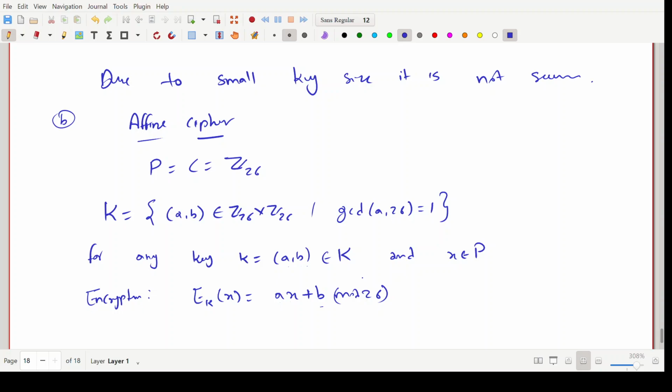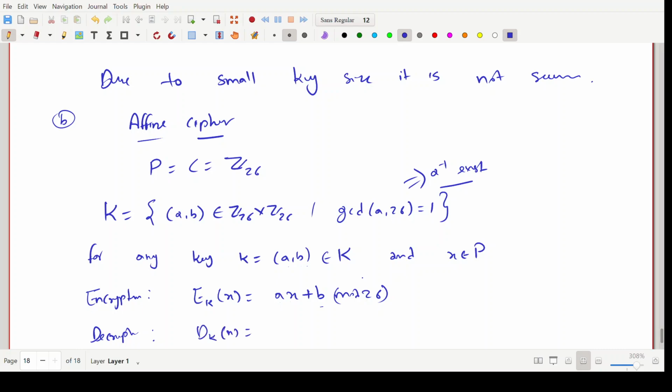If my GCD of A comma 26 is 1, then I can find the inverse. I can find A inverse. This implies that A inverse exists. So if A inverse exists, how will you decrypt it? Decryption is easy. What you have to do,